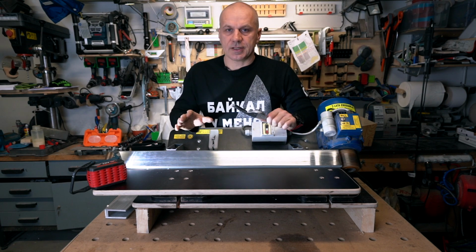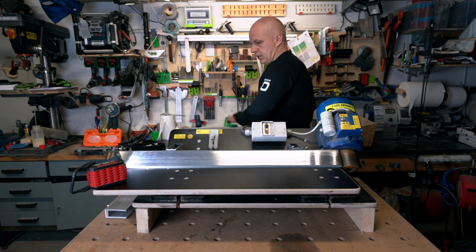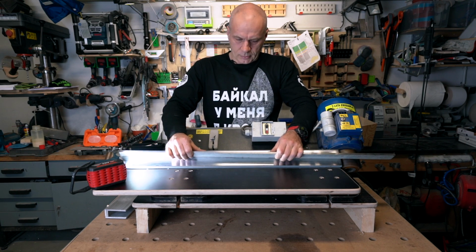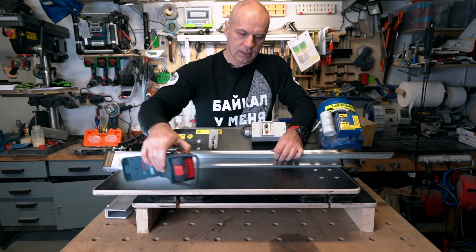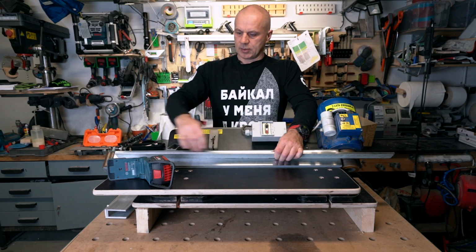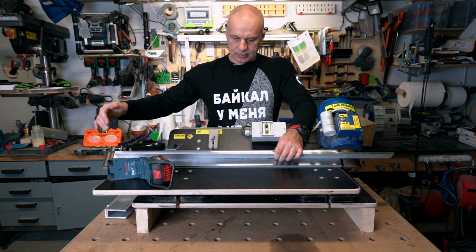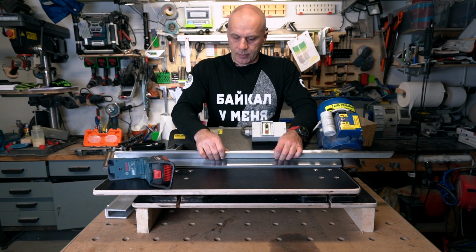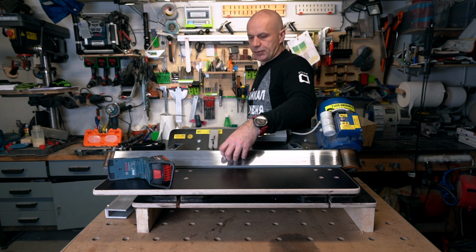And that's an easy exercise. The next exercise is to check if the surface has no bumps or concaves, and I do exactly the same. So I put the light source beneath and try to see if this is completely blind. So if light is not coming through, I know that the surface is straight as well. And that's very important, because if you see any deviations, if you see any light coming through,